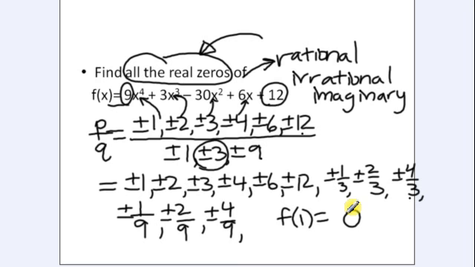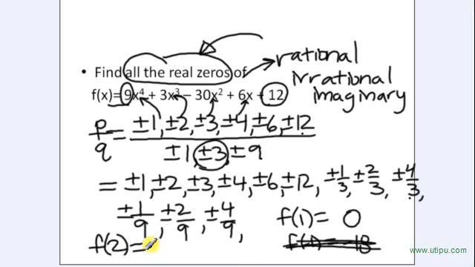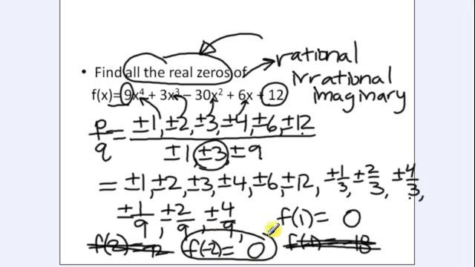Plug in -1. All right, when I plug in -1, I get -18. So that's not one of our actual zeros. Let's do positive 2 next. When I plug in positive 2, I get 72. So that's not a 0. Let's try -2. Now again, I might prefer to go through and do all my negatives first and my positives. Plug in -2 and I get another 0. All right, so far we found 2